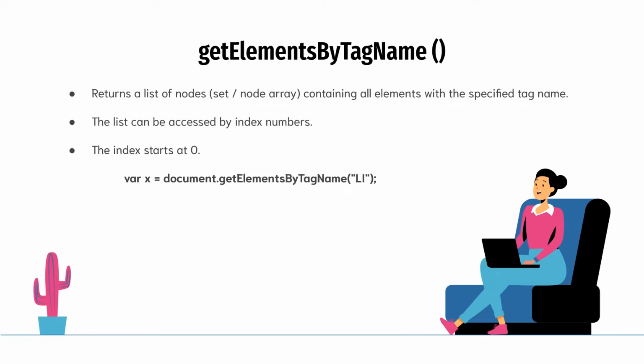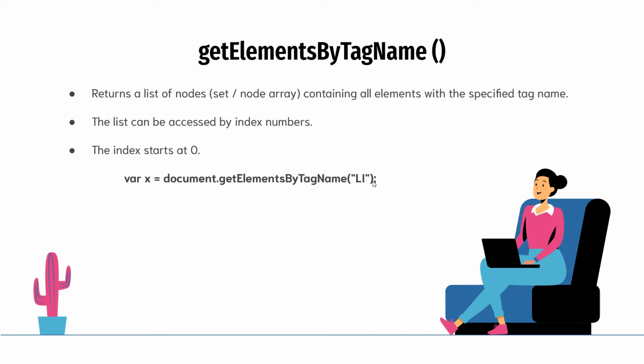In this video, we'll see one more DOM method, that is getElementsByTagName. It is similar to the previous DOM method, that is getElementsByClassName. But in this case, instead of using the class name, we'll just use the tag name. And suppose if we want to get all the list elements from a particular list, so we can simply write